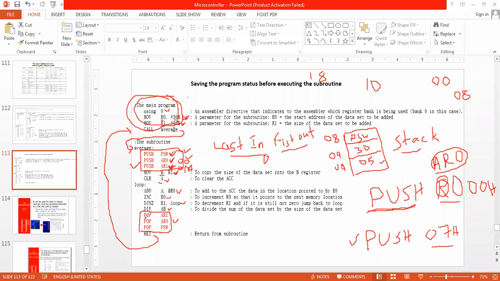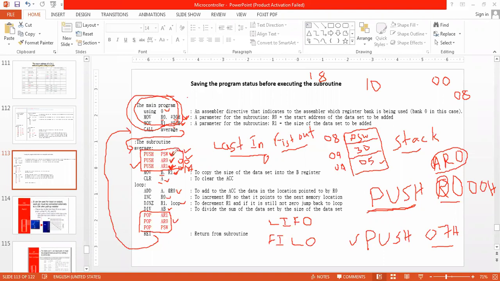So always remember this: the 8051 stack always works as last in, first out, or we can say the first input is always the last output. Understood?